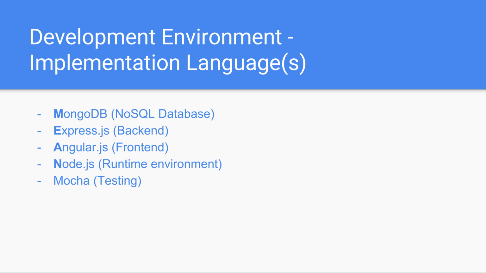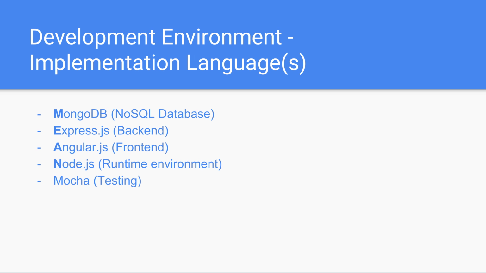GITS will be built using the MEAN stack, where M stands for MongoDB, which is our database, which is a NoSQL database. E stands for Express.js, which is our backend framework used to handle HTTP requests and create the API. A stands for AngularJS, which will be our front-end framework, allowing us to organize code according to the MVC model. And N stands for Node.js, which is a runtime environment which Mongo, Express, and Angular will all be running on top of. Finally, unit testing will be done in Mocha, which is a JavaScript test framework, which is also built